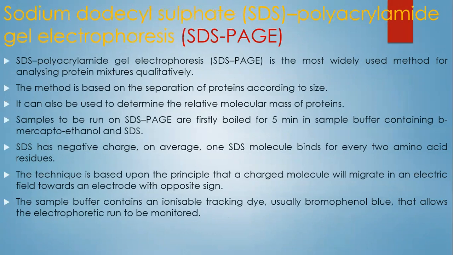There are two main types of polyacrylamide gel electrophoresis, but there are many more. One is SDS-PAGE, and the second is native PAGE. There are also gradient PAGE and some others. But SDS-PAGE and native PAGE are the two main electrophoresis techniques that use polyacrylamide gel. Generally, in laboratories, we use these two techniques.